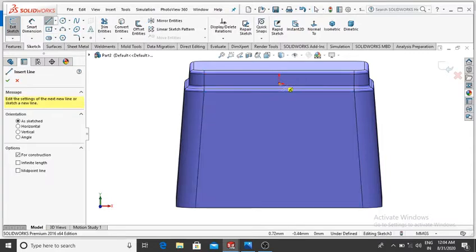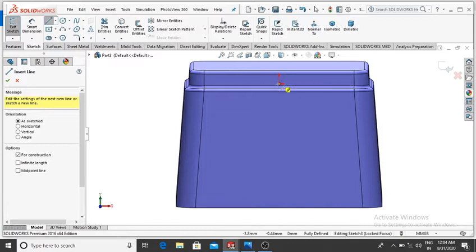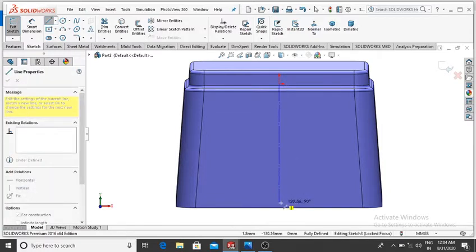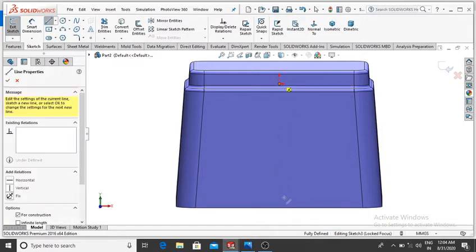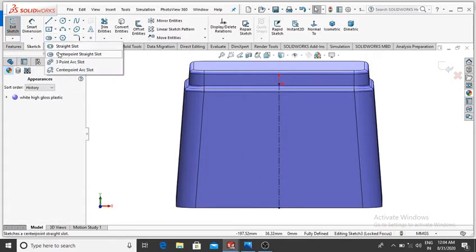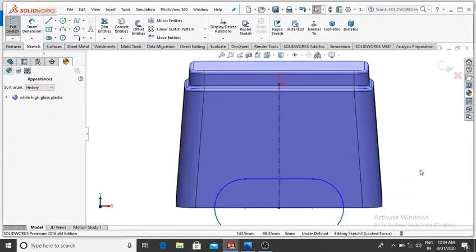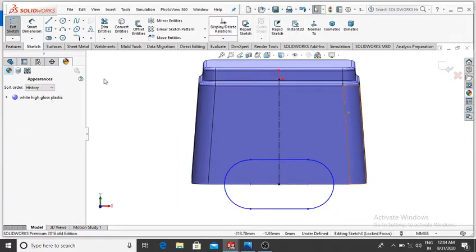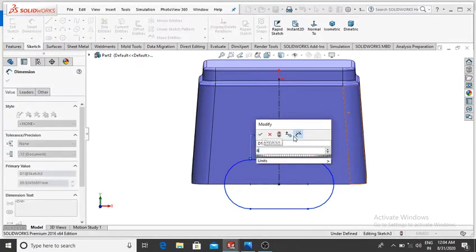So from this point make the center line up to this point, so select and make up to, and here select the center point, straight slot, and from this point make the straight slot up to this. Now again go to the smart dimension, this length will be 80 mm, so make it 80,